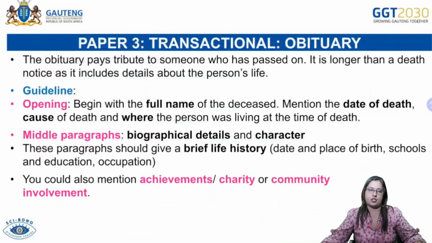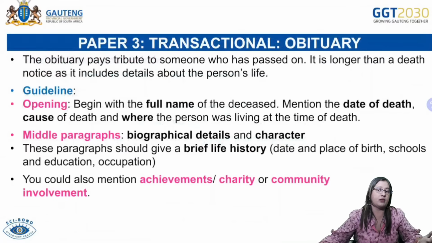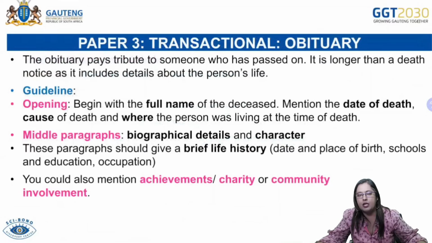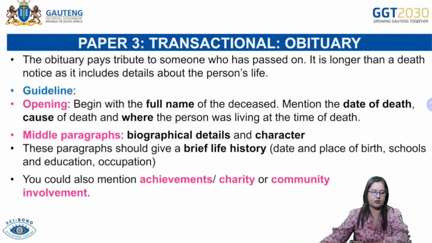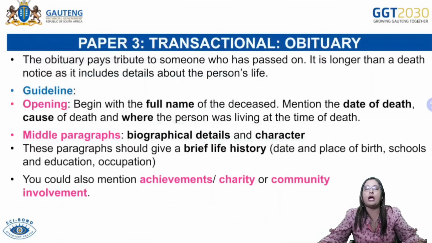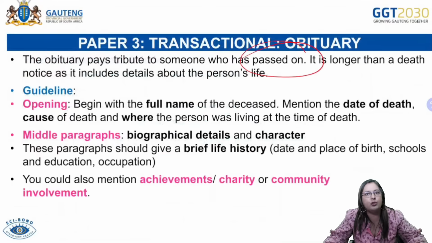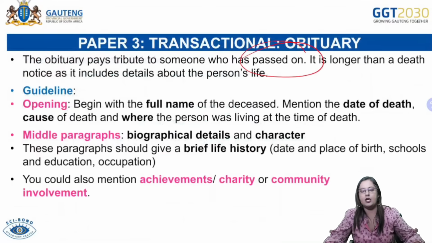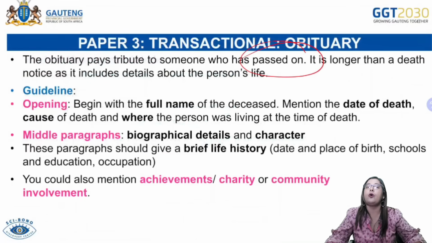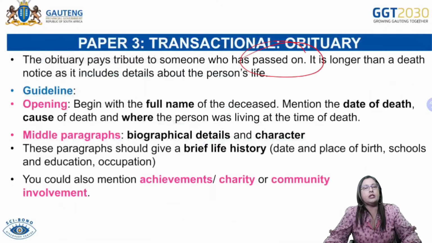Then we've got the next one, which is the obituary. So, you can't now spot and say, I'm going to write this particular genre. It may not be there. So make sure you go through all of the genres, okay? So the obituary is when we are paying tribute to someone who has passed on. Please, that is important, okay? You can't write your own obituary because you're still alive, okay? So somebody who is no longer on the physical earth is who you need to be aware of when doing the obituary. So it will include the information about the person's life.